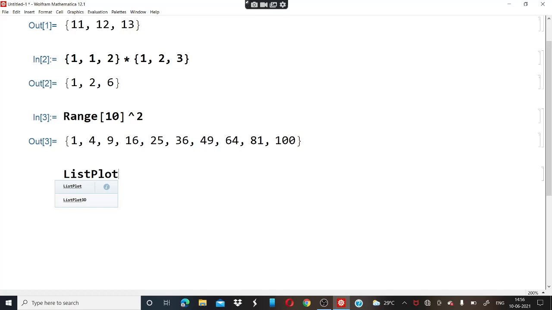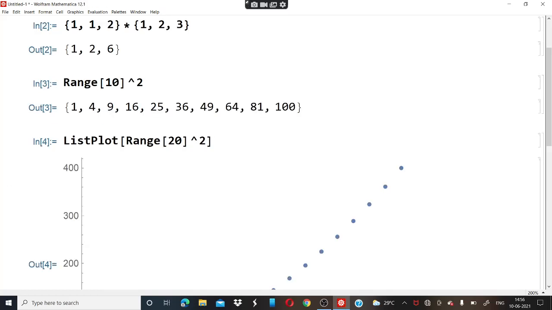So here we are going to use this bracket and we will write Range of 20. Here we will close the bracket, and we want its square, so we will write raised to power 2 and we will close this bracket. After that we will press shift and enter key to get the result.